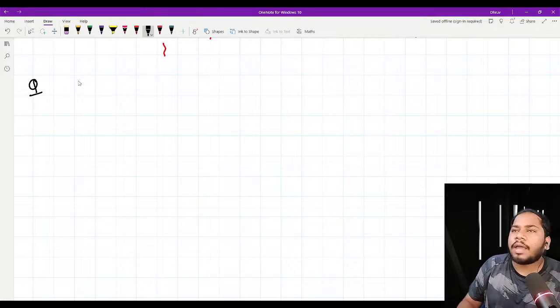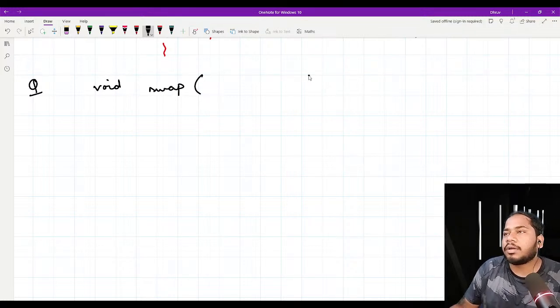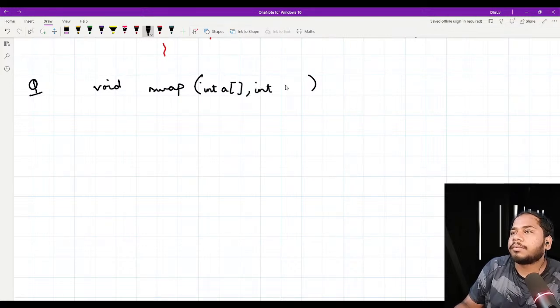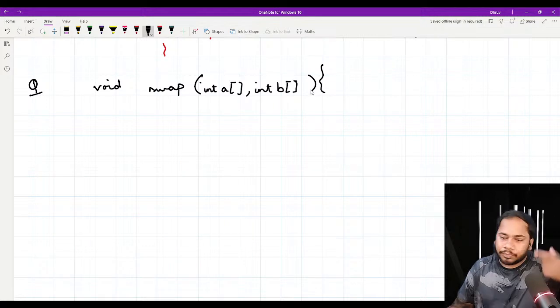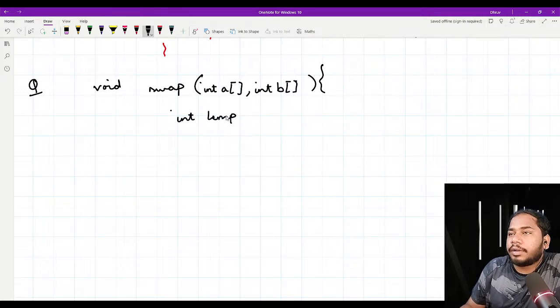So what you have is again, let's have swap. In that swap, we will have suppose, and after that we have. So we are passing two arrays, Akash. We are passing two arrays. Now again, what we are doing is we have int temp is equal to